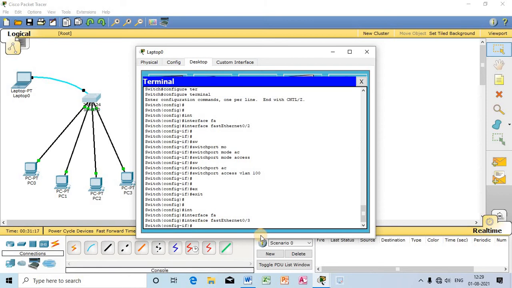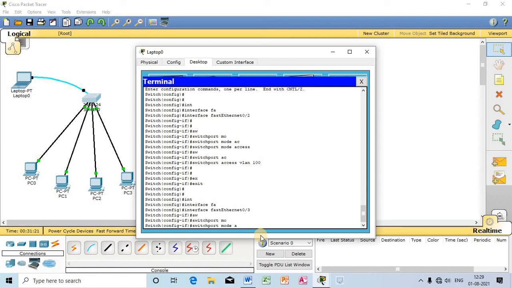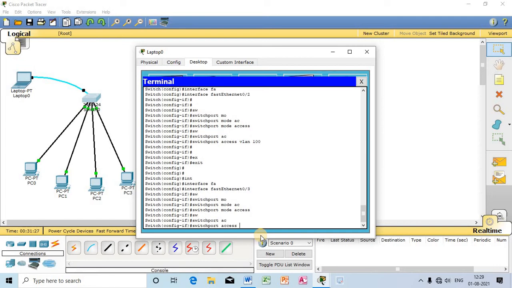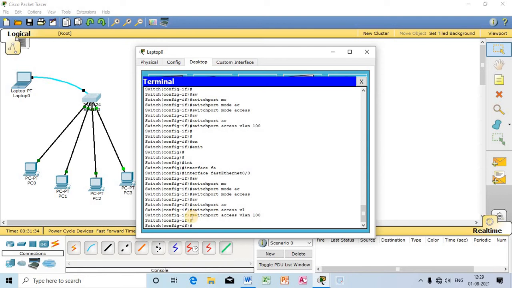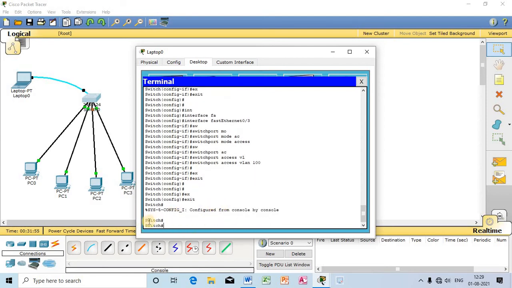Again I will execute the command switch port mode access followed by switch port access VLAN 100. Exit. Again I have moved to config mode. Let me press exit. Again I have moved to enable mode.